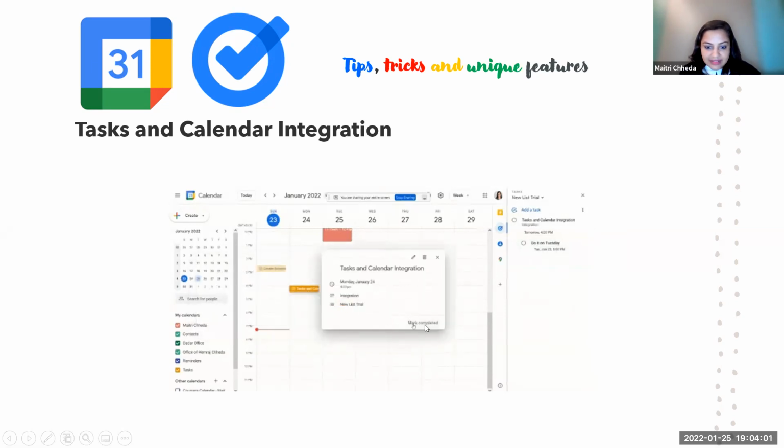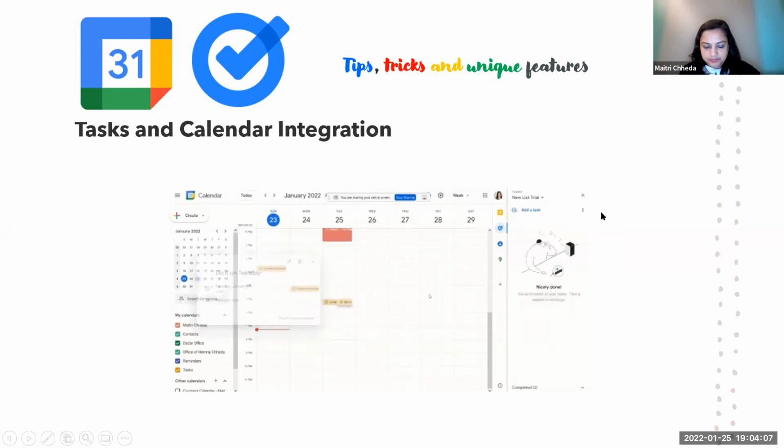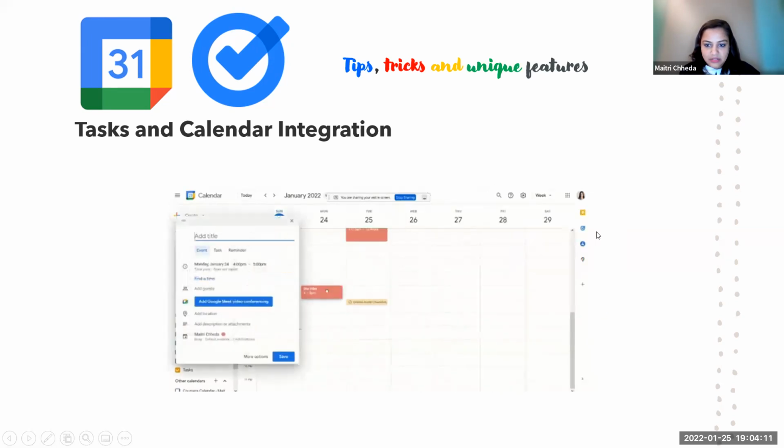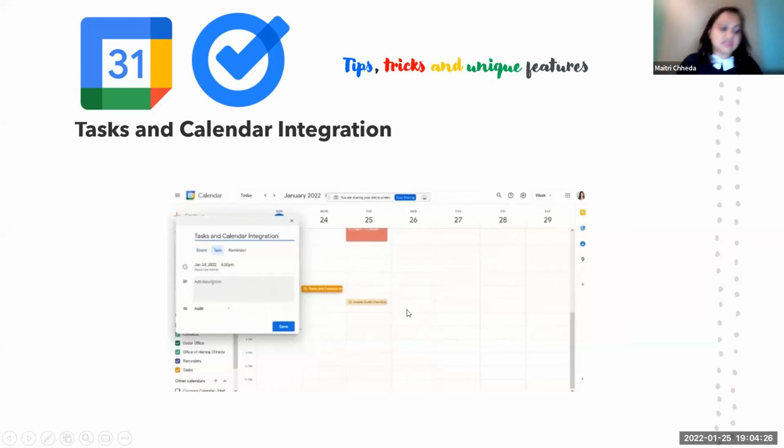Now I can mark the task complete over here through the calendar, and over here also the task will go away. See, it's gone. The task is gone. I can mark it through here. So through my calendar also I can play with task management. So it is as simple. And the hack over here is that you could share this calendar with your team, and then you can assign this to the team as well, if you have access to this. This is the hack, Rajendra, you could use for now.